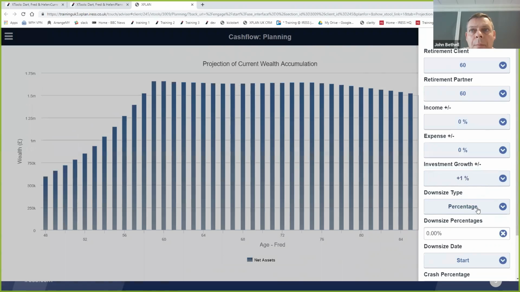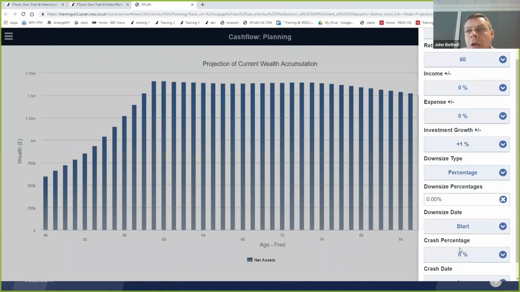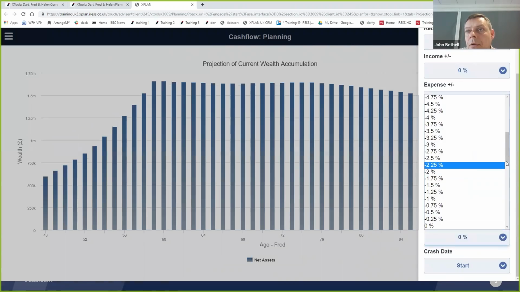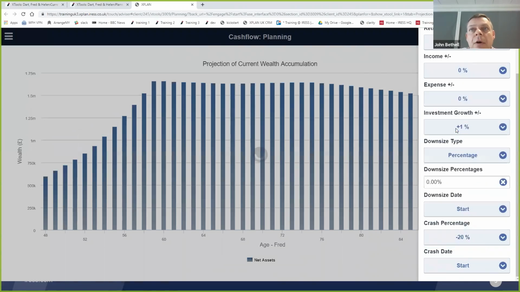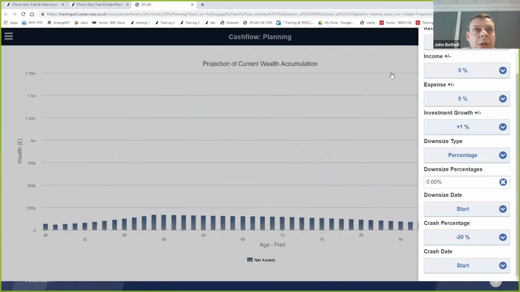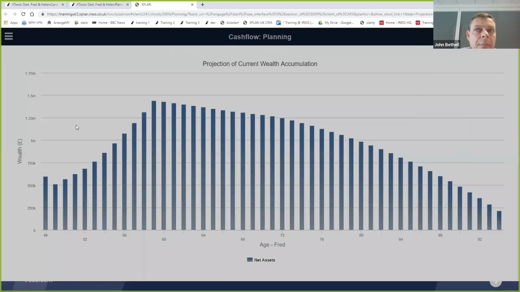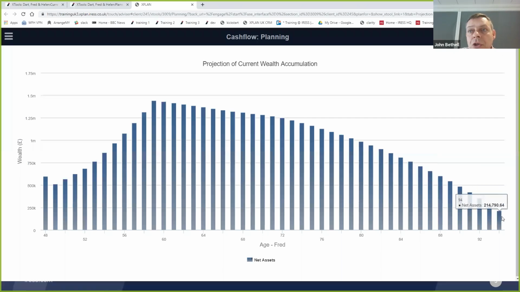actually, if we go up a risk level, then we need to think about what happens if there's a market setback. So for this risk profile now, we're probably only a balanced risk profile, so we'll have a 20% crash, a setback in the market, and we can see that happening there. And that shows that the client then has capacity for loss. So if they were to move a risk band, we've now just fulfilled the FCA need in terms of capacity for loss. But that then may give us some other options.